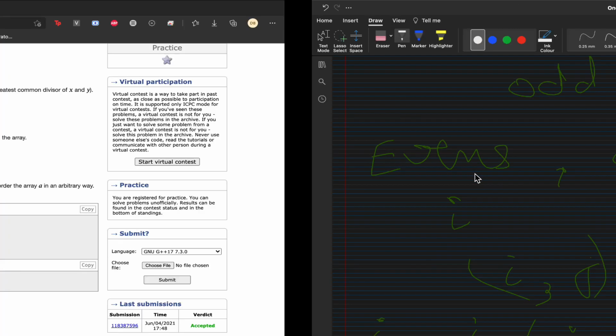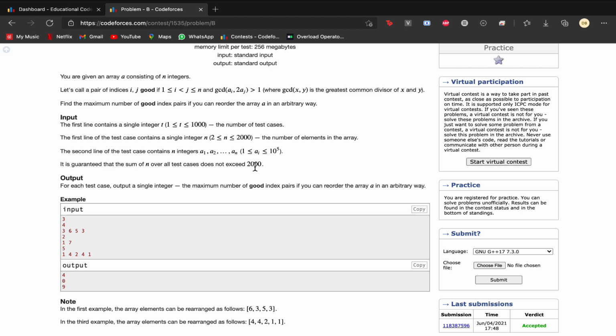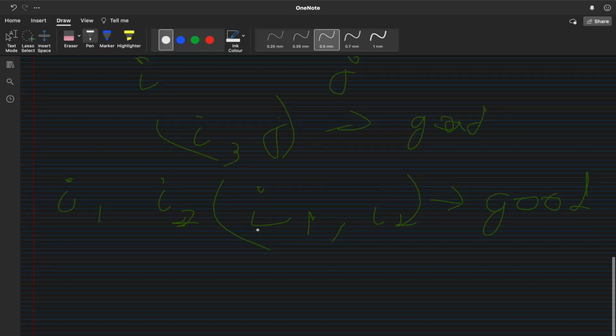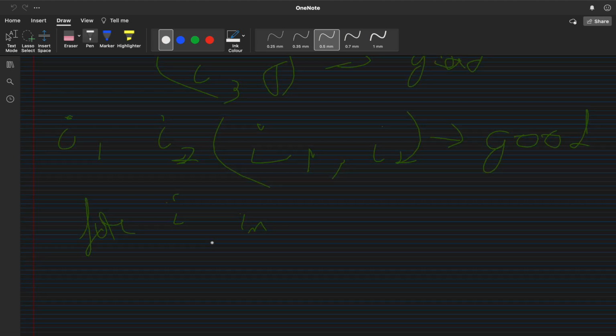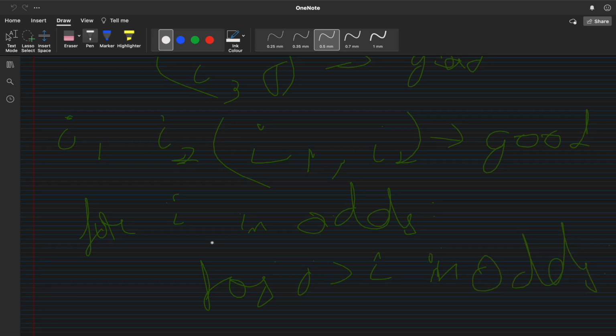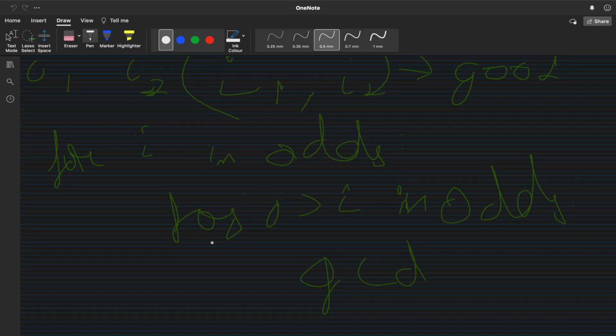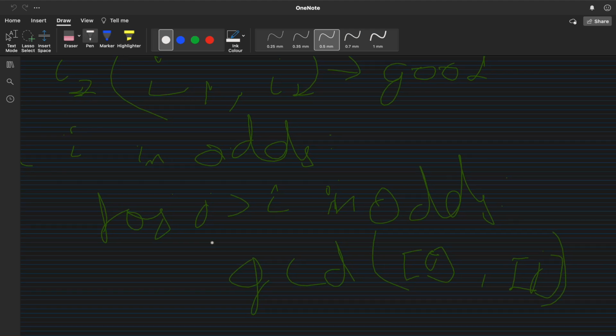For that, because the size of the input array is less than or equal to 2000, the two for loop algorithm works: for i in odds and for j greater than i in odds, we need to check the GCD of the element at i and the element at j, and check if it is greater than 1.